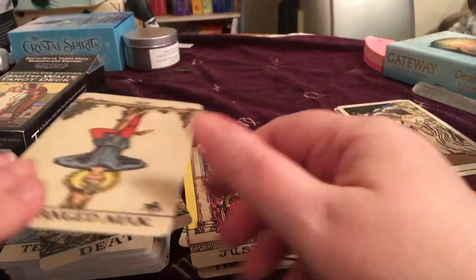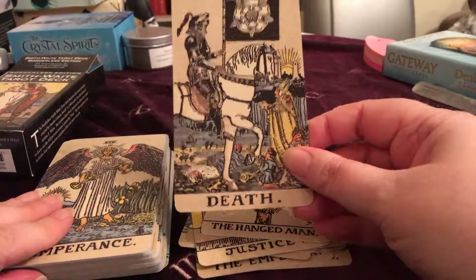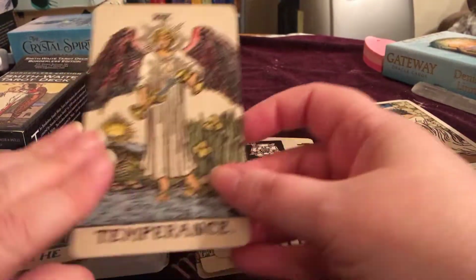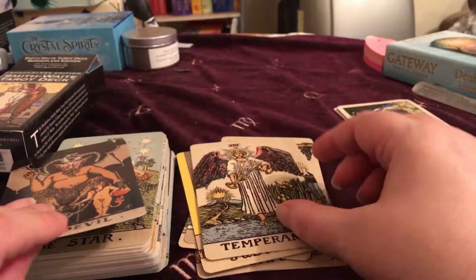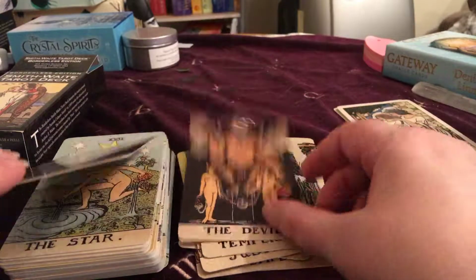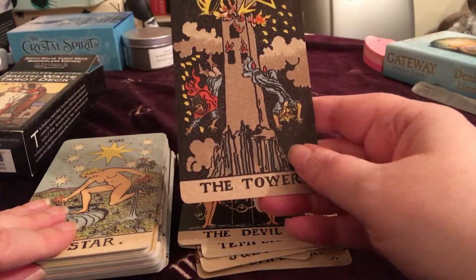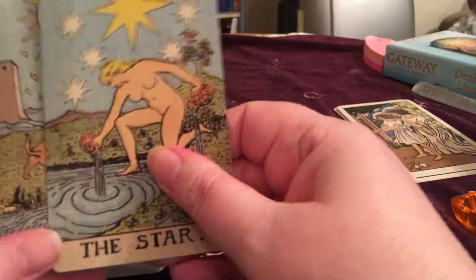Justice, the Hanged Man, Death. I love these. These are really nice. I get why I've been getting this message to use them now, to get them and have a go and see how I can kind of work them into